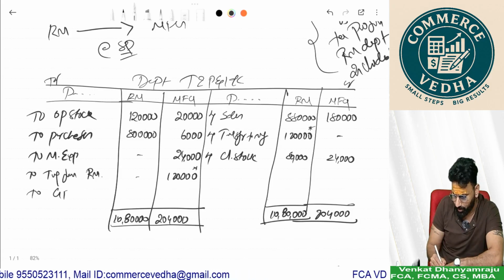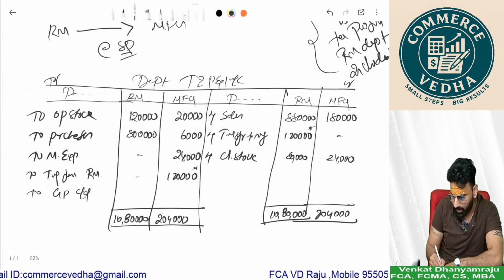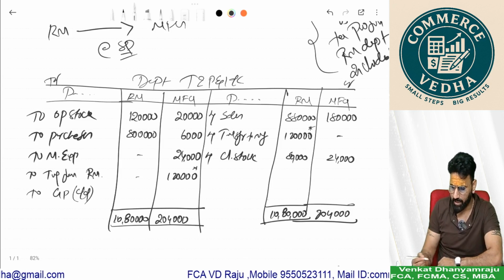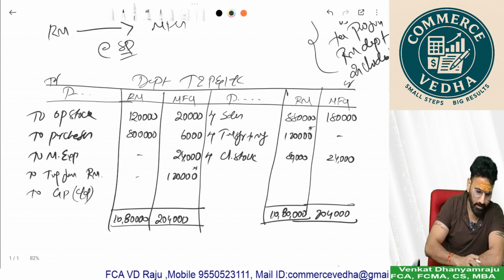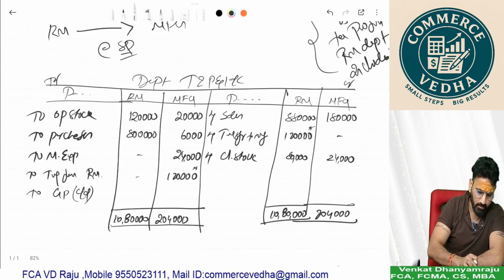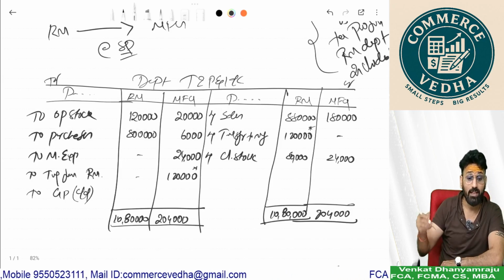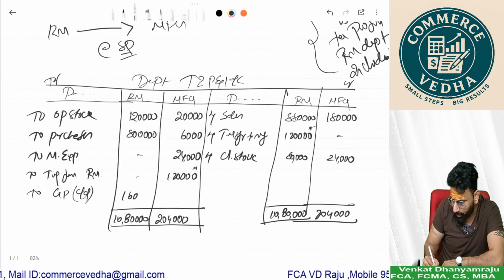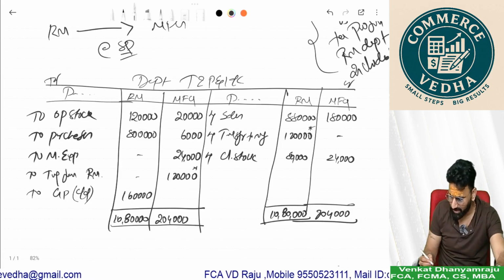To gross profit carried down. Now 1080 minus 920 is 1,60,000, the gross profit of the first division, and